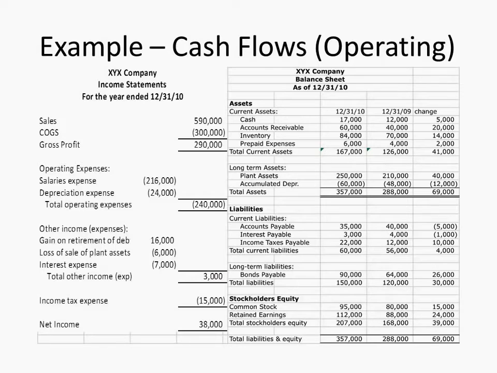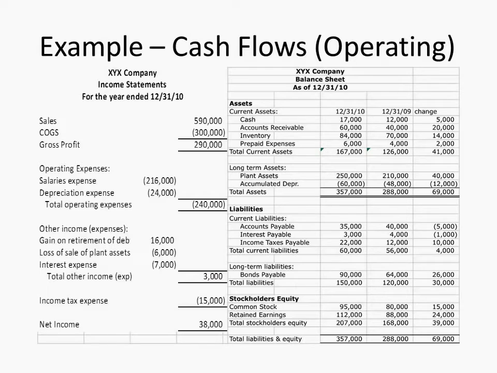So the direct method, what kind of terminology would you see again in the operating statement for a direct method cash flow? Cash from customers, cash paid to suppliers. So it's basically, and again, I said think income statement on a cash basis. And in the operating section, you're thinking net income, current assets, and current liabilities.